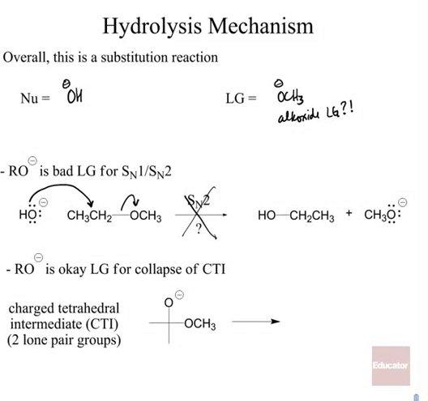We can only do that substitution if we have an excellent leaving group like chloride, bromide, iodide, a halide, or maybe a tosylate. Okay, so we've never seen that as a leaving group, but it is an okay leaving group for collapse of a CTI. So if we have this mechanism where we have an O- on the same carbon as that methoxide, and we have a tetrahedral carbon, this is our definition of a CTI, a tetrahedral carbon with two groups with lone pairs, then it is possible for that methoxide to kick out because it's not just leaving on its own, it's being pushed out. So we have this push-pull